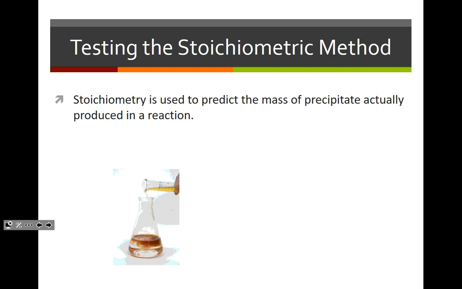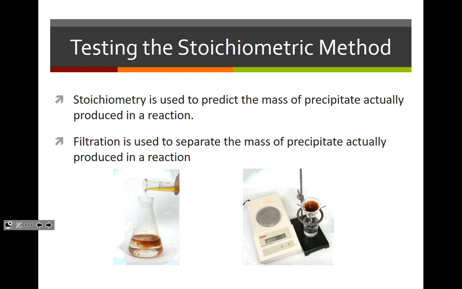So stoichiometry is used to predict the mass of precipitate actually produced in a reaction. We're predicting it. We're like, listen, this is what should be produced, and you compare that to what actually is produced. Filtration is used to separate the mass of the precipitate actually produced in a reaction. So when we form a precipitate by reacting this plus this, we're going to collect that using a filter, and then you're going to take what was actually produced and take the mass of it and then compare that to what